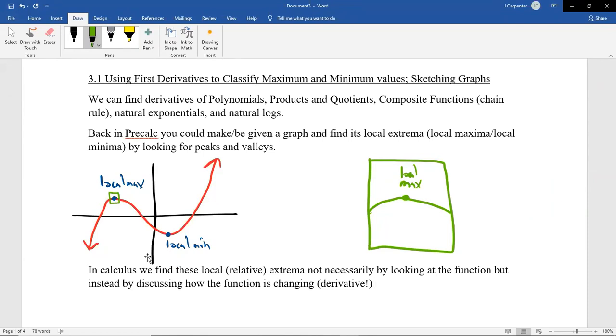So in calculus, we find these not necessarily by just visual observation, but by discussing how the function is changing, because at these points, the change is very specific. Okay, so definitions: local extrema, aka relative extrema. Just in case your pre-calc's rusty, a relative maximum,